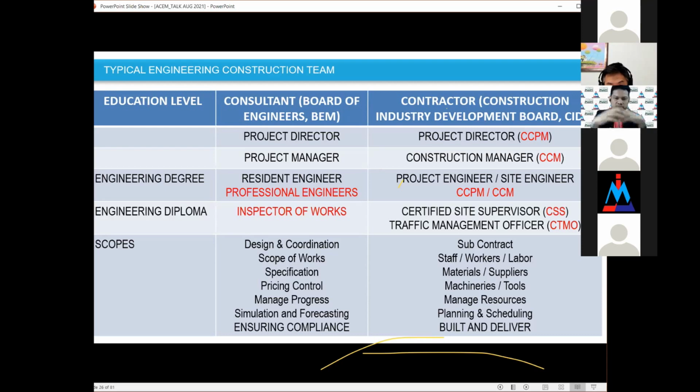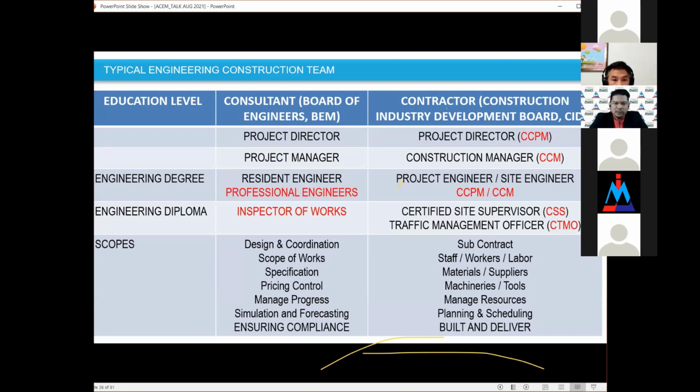So as construction personnel, myself included, besides having the green card as an induction course card that enables us to enter the project site, we also start from site supervisor, then we go for CCM, certified construction manager, then we go for CCPM at level 6. This is because CIDB's competency program for construction personnel has the TVET levels 1, 2, 3, 4, 5, and 6. If you are aware of the levels as practiced in the Jabatan Pembangunan Kemahiran, JPK, under the Kementerian Sumber Manusia, it is basically a par.